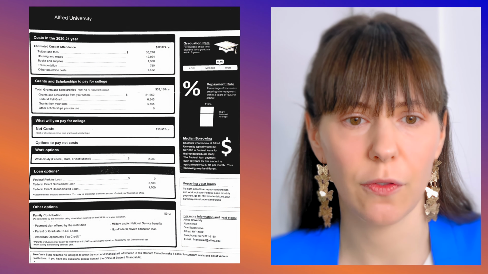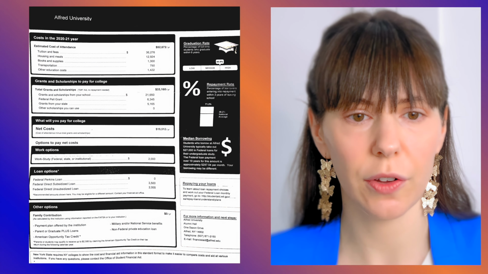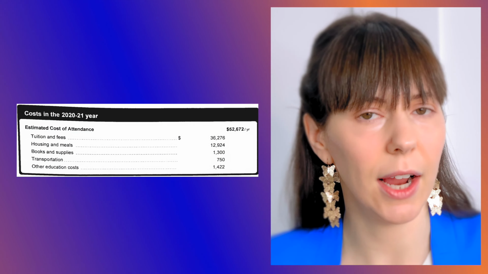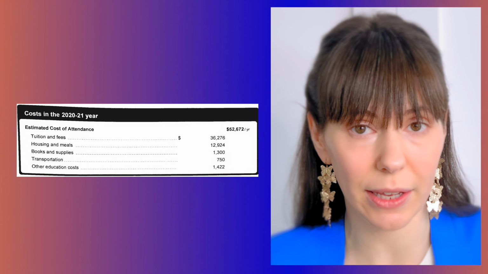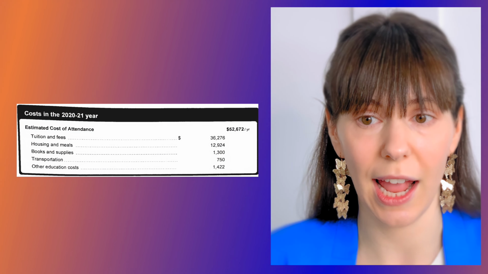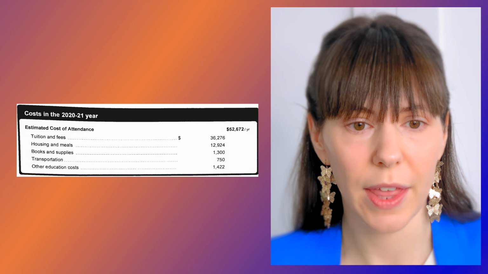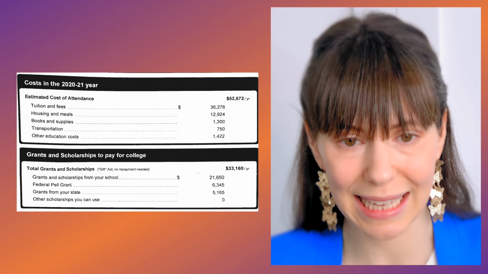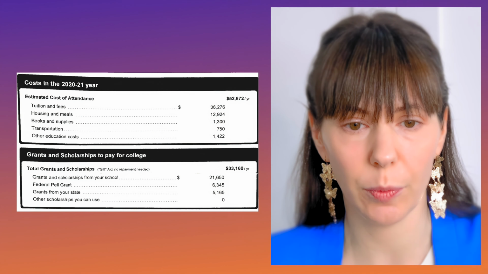So this one is for Alfred University, which is a school in upstate New York. So first, they're very clear with the estimated cost of attendance, and they include housing. That's the thing I always want to check for. Do they tell me tuition and housing? Because you'll see some letters do not include housing, and if you're planning to live on campus, obviously you need to take that money into account also. Then underneath, they tell him how much grant and scholarship money he'll get to help pay for college. That's great. Remember, grants and scholarships, that's free money. Good. We like that.